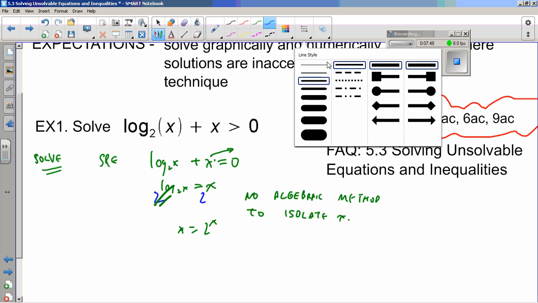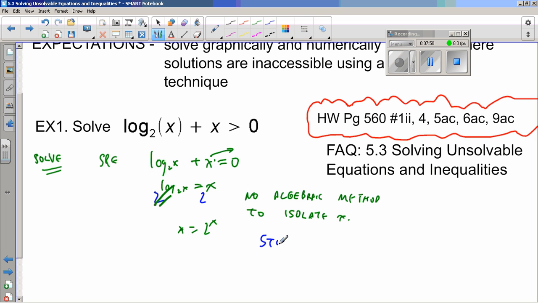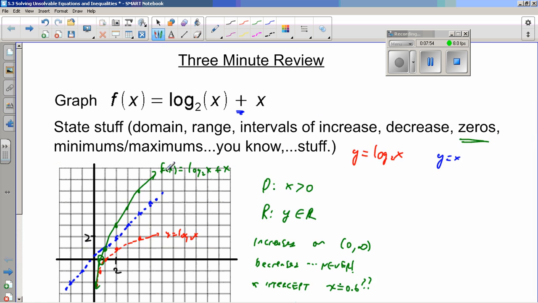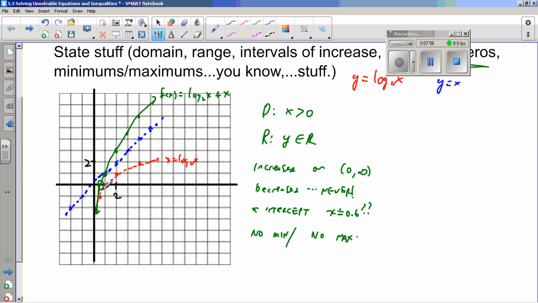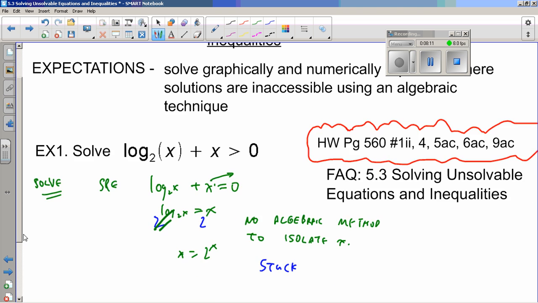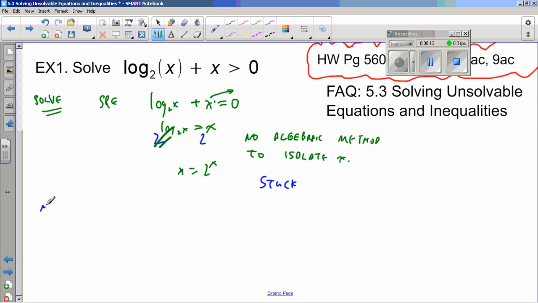So does that mean there's no solution? No. In fact, if I look back at the graph, for what values is this graph above 0? I see from here to the right, it's greater than 0. All of these values of the graph, from here over, I'm going to have solutions. Right? So I'm going to say method 1